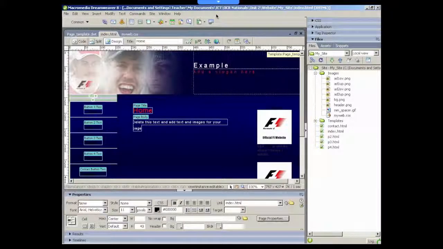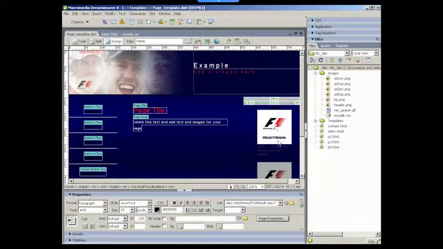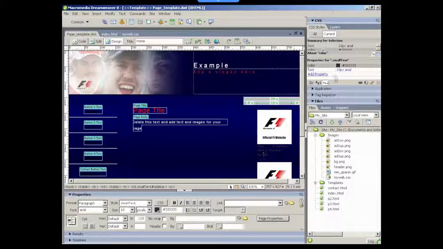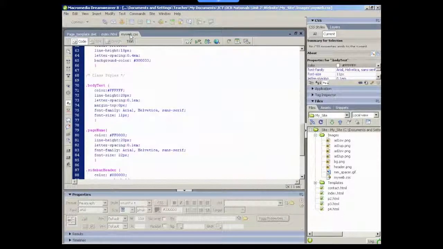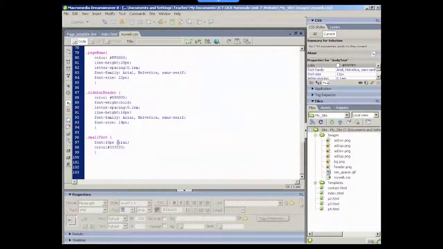There are a few more areas that we need to set using the CSS sheet. One of those areas is the text that informs people about the link down here. So let's go on to the page template, and if we click just on the text, we can see in our CSS pane that this is defined as .small text. So let's just go to the CSS sheet and find .small text, and there we are right at the bottom, and let's just change the colour of that